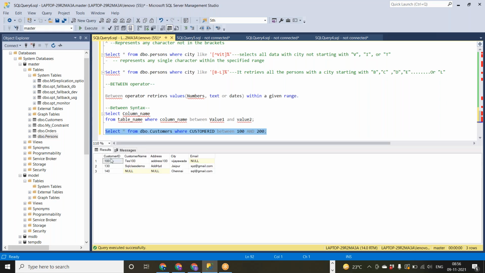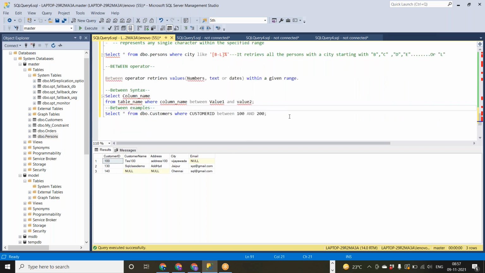See, you got 100, 130, 140. So in a similar way you can give for anything.